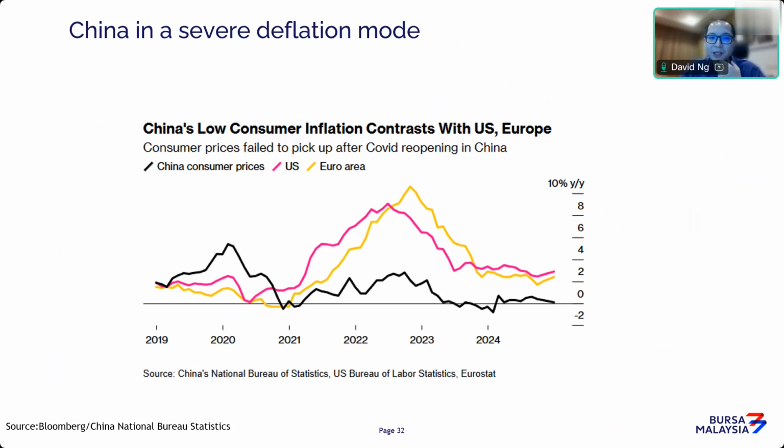So China's major thing is always the price level. They are facing what we call deflation. If you compare to the US, it's a different story. The US might be facing an inflationary environment. So it's a very diverging economy. You have China going on deflation mode, and the US going on inflation mode. So clearly these two economies are diverging.